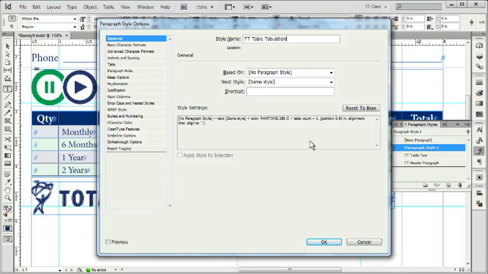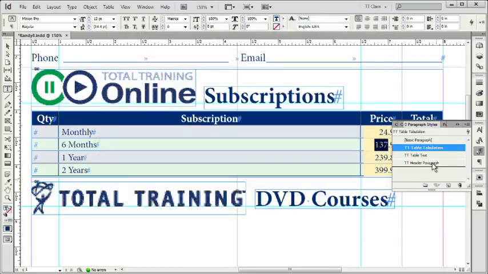It's basically designed, in this case with one tab, to align to the decimal point. It says at 45/100ths of an inch from the left-hand side of whatever cell we build that into. So I'm going to say OK. And as we do that,